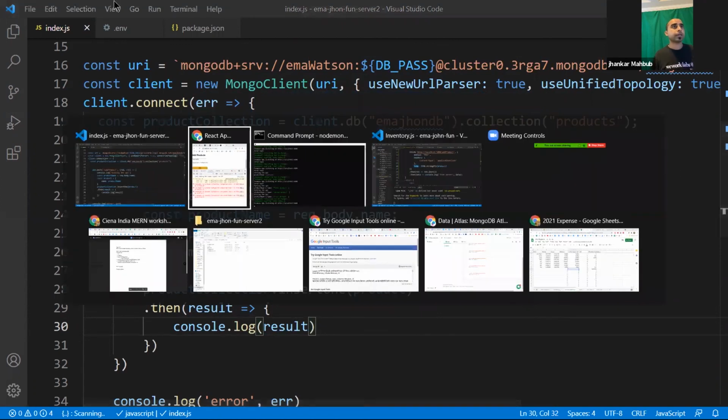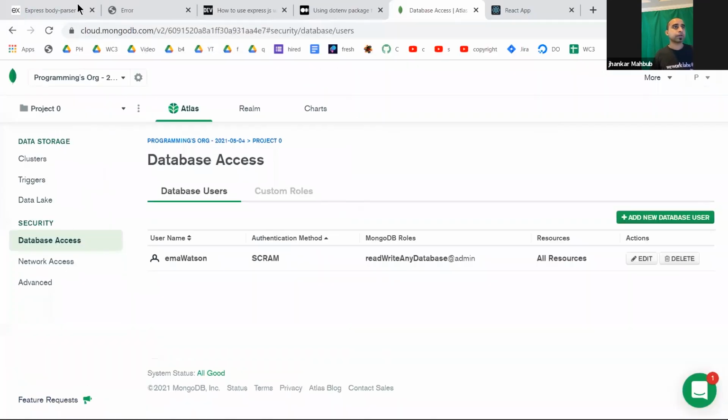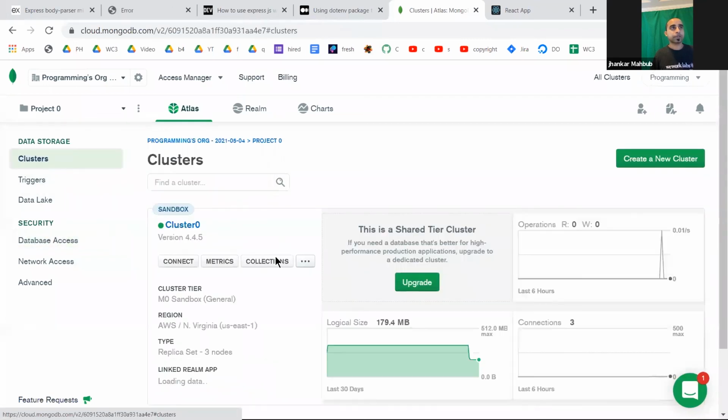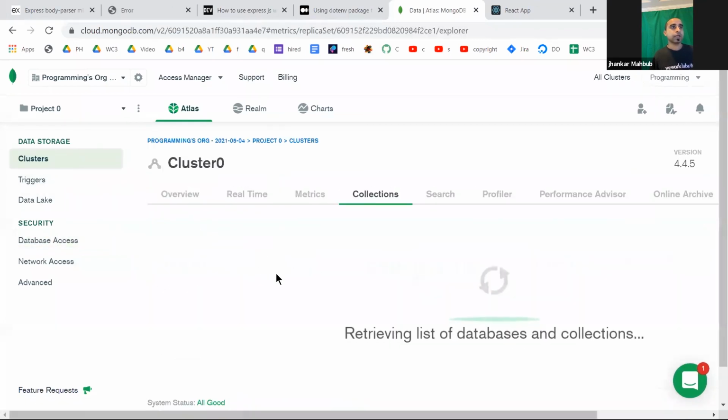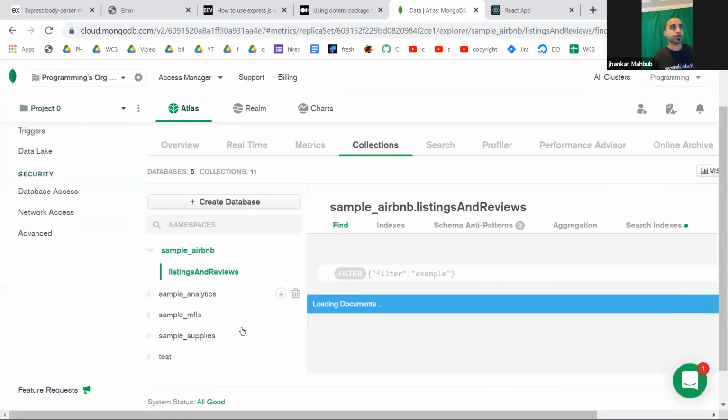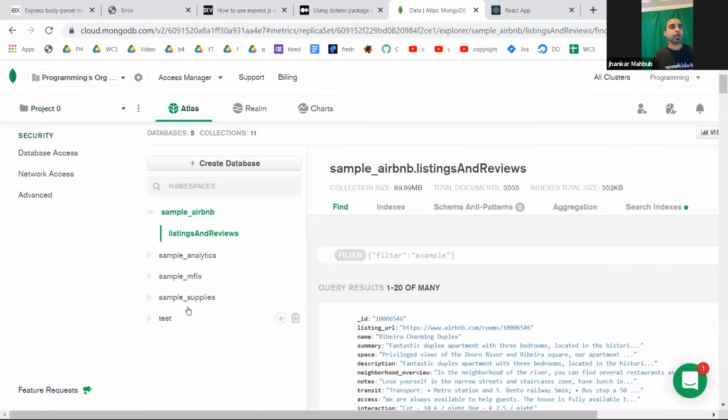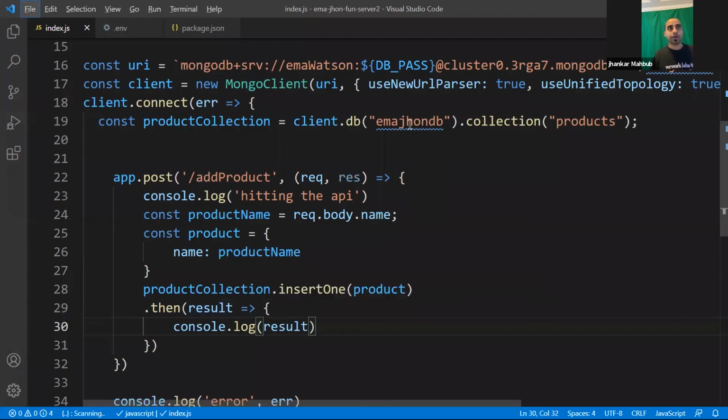And if you remember, in the database, we have this database right now. If you go to this, what is your cluster? Inside the cluster, you see the collections. Right now, you don't have any collection called Amazon. But our goal is to create a database called Amazon DB. Whatever the name, Amazon, if you want, you can give a different name.